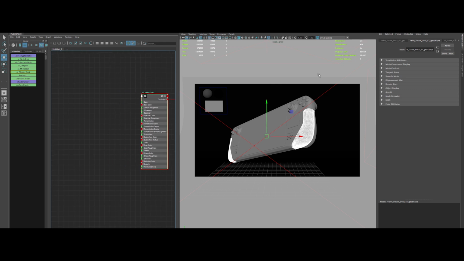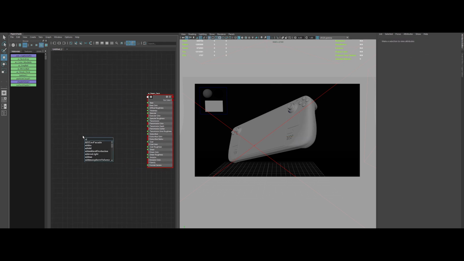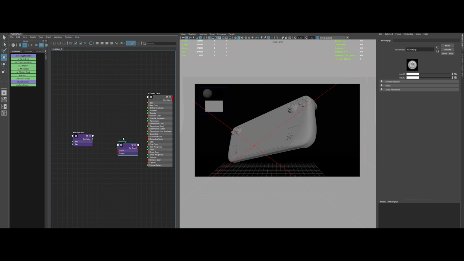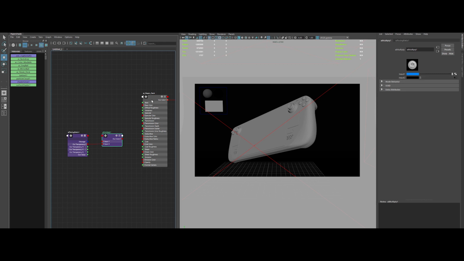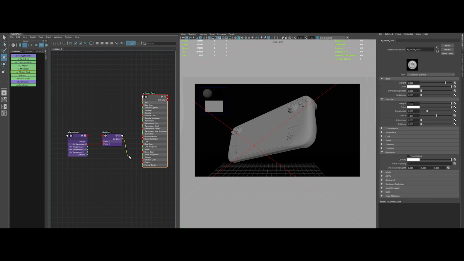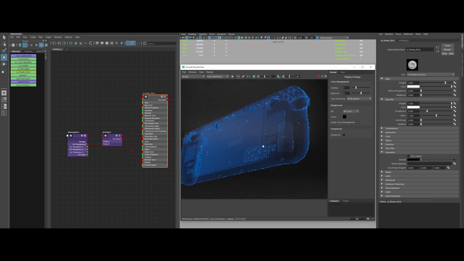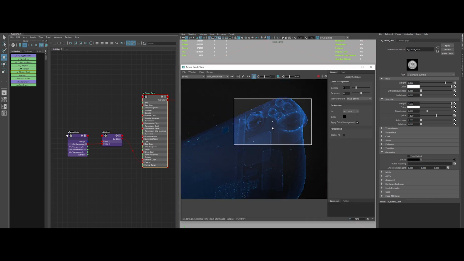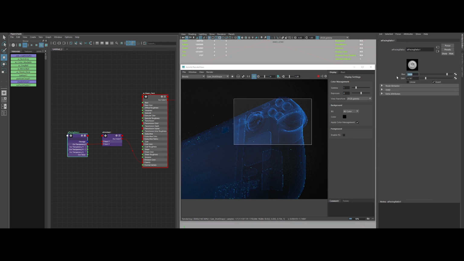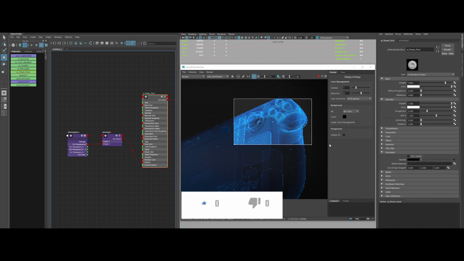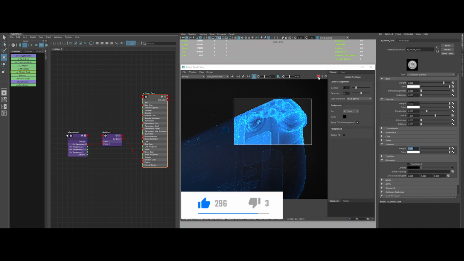Let's now create our holographic shader. First off, we need an aiFacingRatio to simulate a Fresnel effect, and an aiMultiply to multiply it with a color value. On input 1, let's put a teal tone. Now just plug the aiFacingRatio into input 2. Okay, then plug the aiMultiply into our opacity input. Boom, done. Really nice, easy holographic effect. We can now tweak the bias and gain values on the aiFacingRatio node. We can also add an emission value to make it brighter.